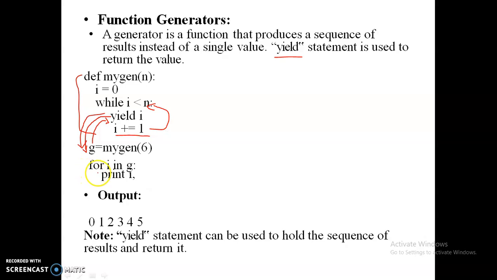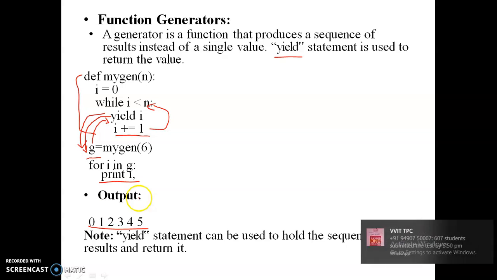Whenever you use it like my_generator of 6, it is invoked with the value 6. So the i value repeats from 1 to 6, and 6 values are returned from the function. Those 6 values you can print as output. The yield statement is used to repeat the same function a number of times and return multiple